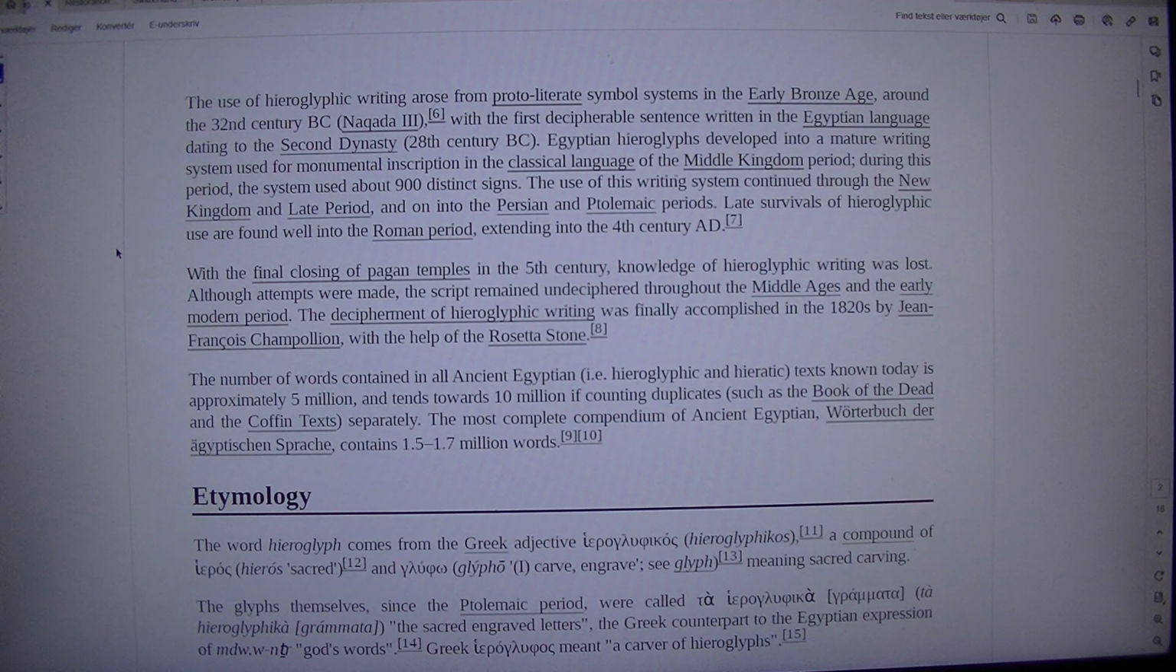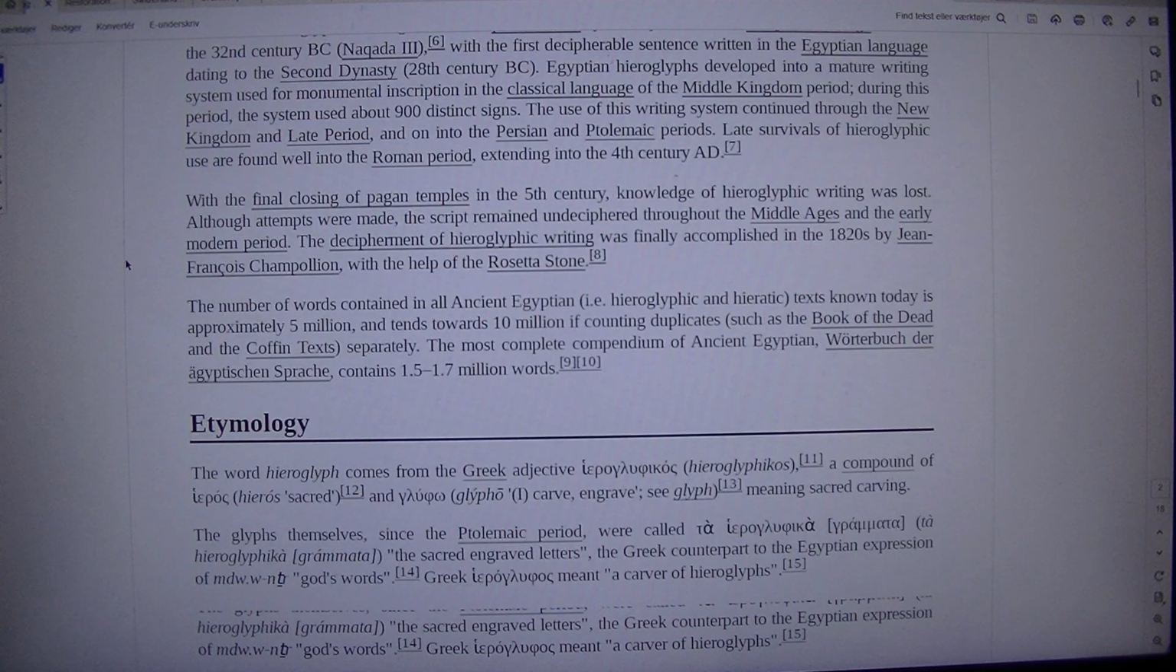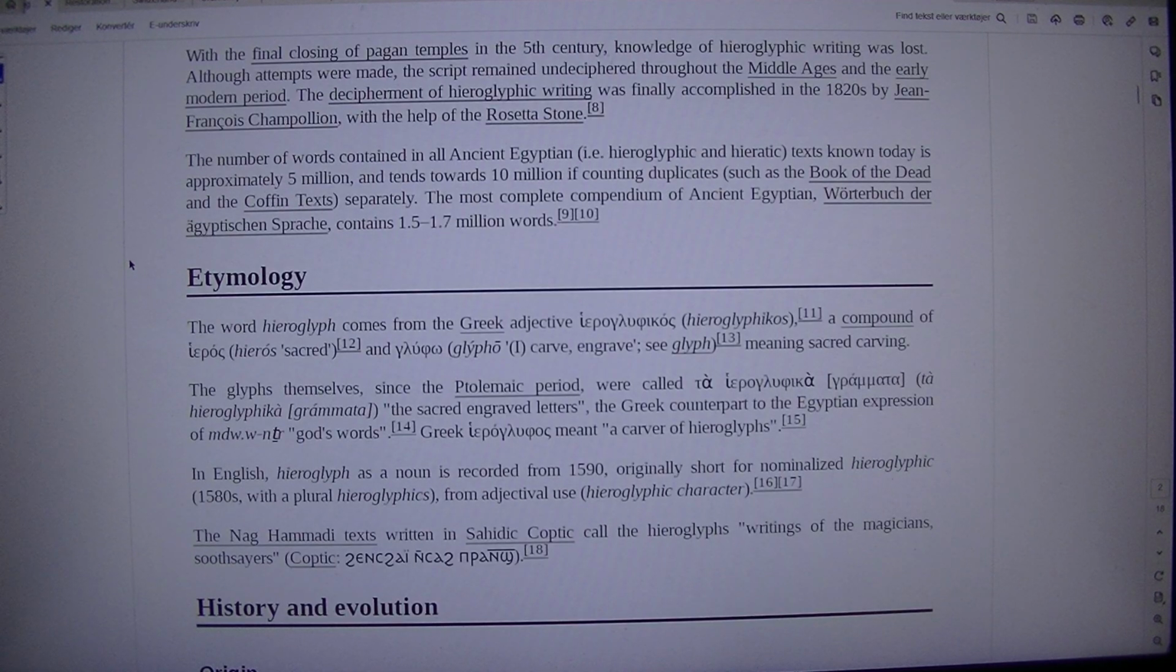The use of this writing system continued through the New Kingdom and late period, and on into the Persian and Ptolemaic periods. Late survivals of hieroglyphs are found well into the Roman period, extending into the 4th century AD. With the final closing of pagan temples in the 5th century, knowledge of hieroglyphic writing was lost. Although attempts were made, the script remained undeciphered throughout the Middle Ages and the early modern period. The decipherment of hieroglyphic writing was finally accomplished in the 1820s by Jean-François Champollion, with the help of the Rosetta